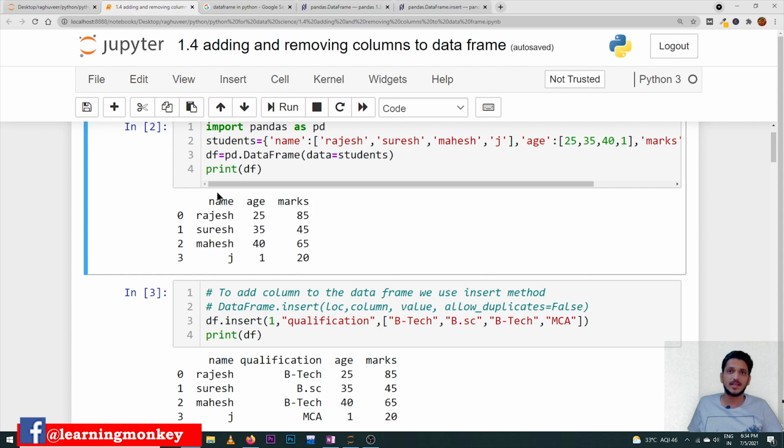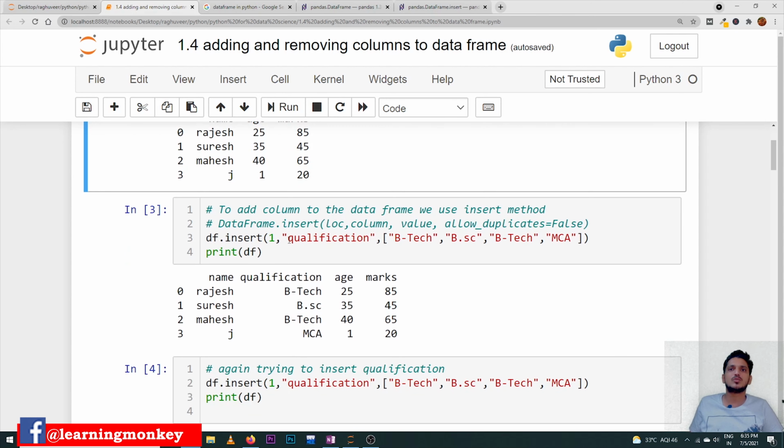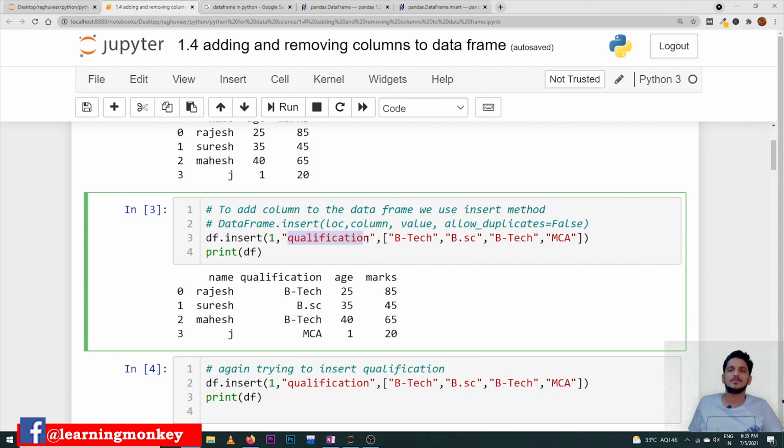By default it will take the 0th column, first column and second column. At first position means in between name and age we have to consider the new column. That new column name is qualification. So the second parameter takes the value qualification, and the list of values that are present in the qualification column is provided in the list. This is how we will add a new column.